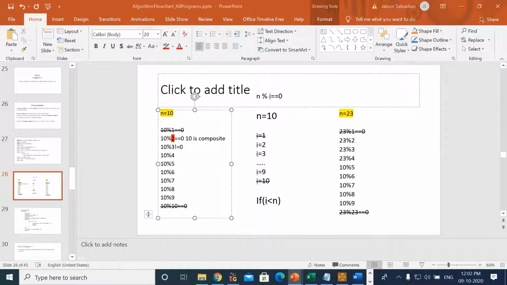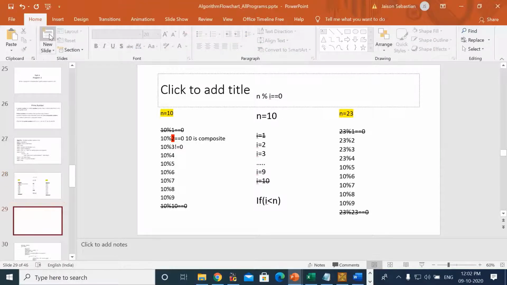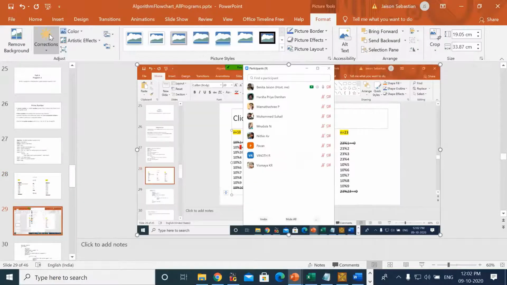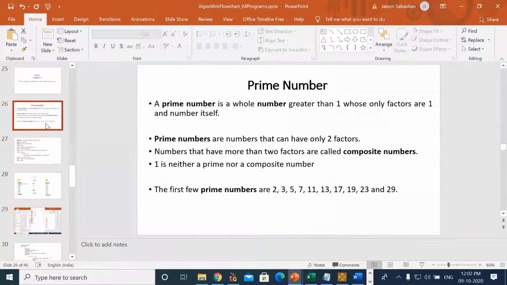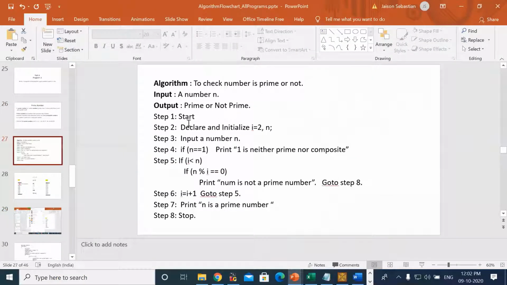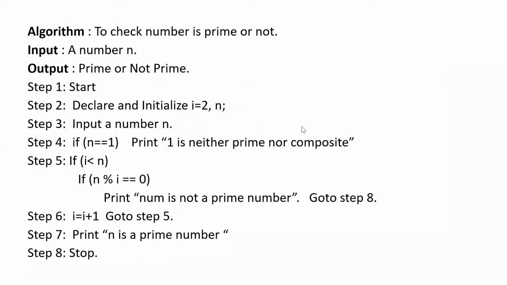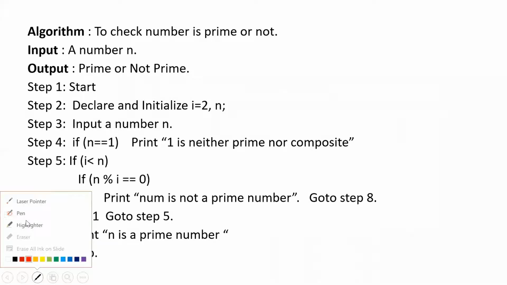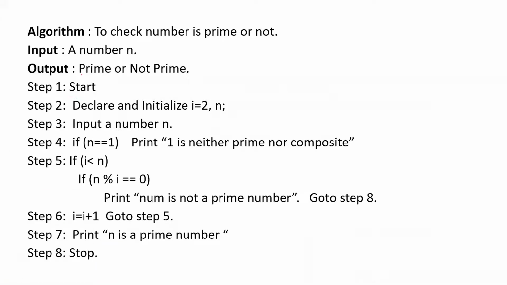Okay. So now if you understood the concept, then you can write the program also. We will start the program. Once I will show the algorithm. As I told, this algorithm is written in order to check whether the number is prime or not. Input expected is n, the number for which we have to check whether it is a prime or not. And output, what is the expected output? It will be printing either prime or not prime. In the question, it is given like that, or instead of not prime, you can give composite also.